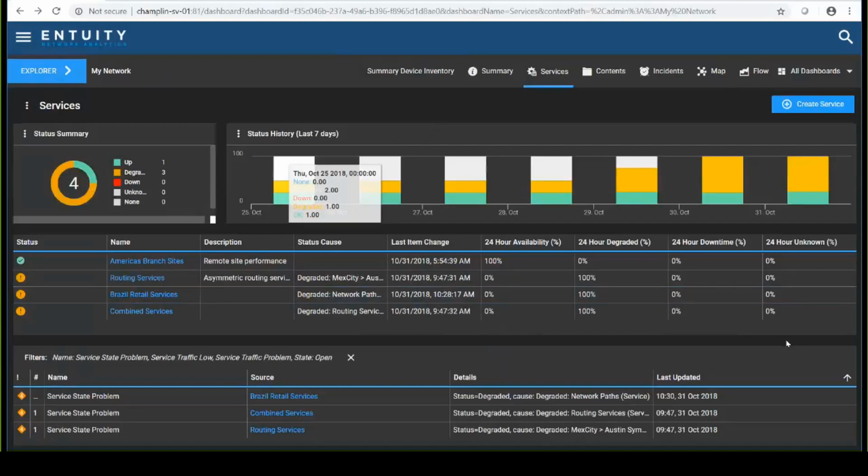Traditionally, when services first came out, and this was many years ago, the concept would be to build a service definition with components on the server that is polling those devices. So in a multi-server configuration, you would use the polling servers. Now, you can still do that if you want to, but for the last few releases, we've provided the capability